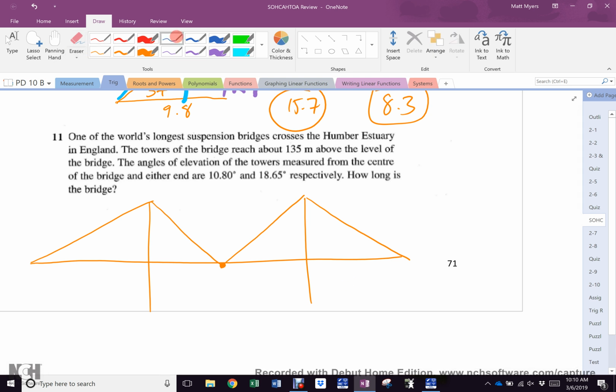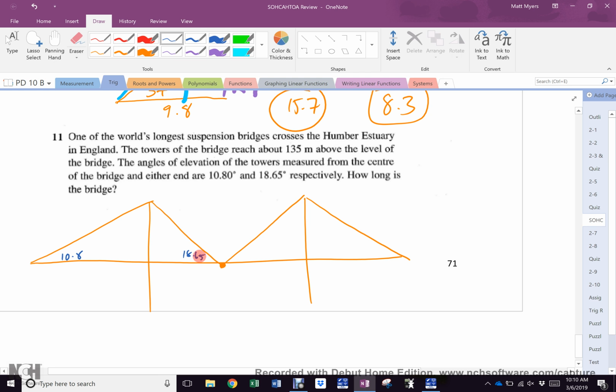So, I know that there is 10.8. Where is the 10.8? Left or right? It doesn't really matter. But, hold up. It does matter in your ability to visualize how the world works, which is important. Where must the smaller angle be? Left or right? Left. 10.8,